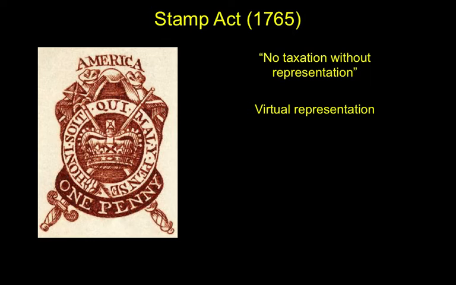Instead, Stamp Act opponents desired actual representation, where Americans, or at least white property-owning male Americans, could send their own democratically elected representative to Parliament to serve their interests. Parliament and the King squarely rejected the prospect of actual representation, so Stamp Act opponents felt justified in claiming that the tax had been placed upon them by legislatures an ocean away who were blind and deaf to their interests.